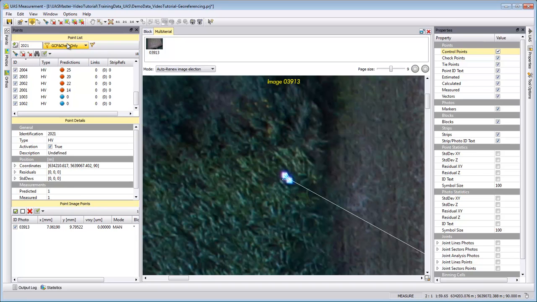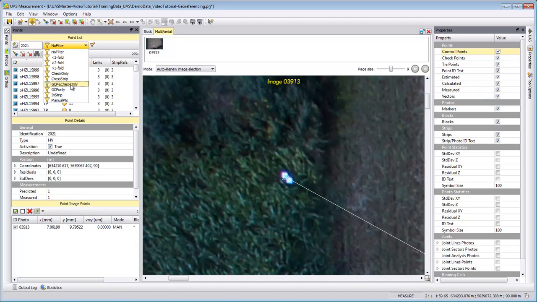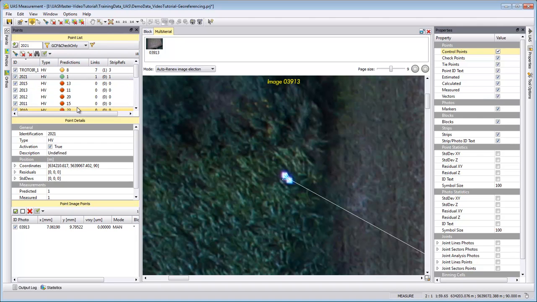The point list offers filters, which allow us to focus only on specific points. If I don't use a filter, then we see additionally all the tie points that are already existing here in our project. As this video tutorial is mainly based on the control points, I used here the GCP and check only filter, so ground control point and checkpoint filter, which displays only my control points and checkpoints. The tie points that we have use an automatic naming,